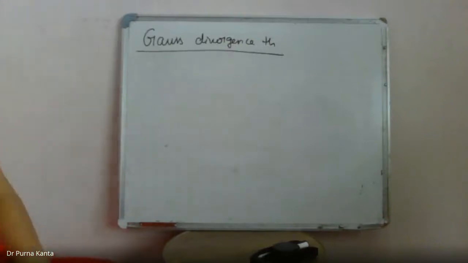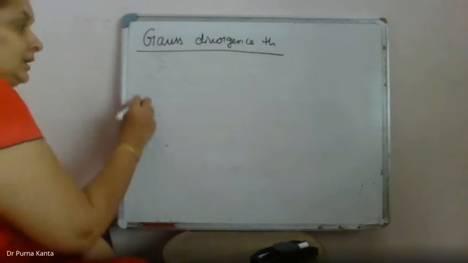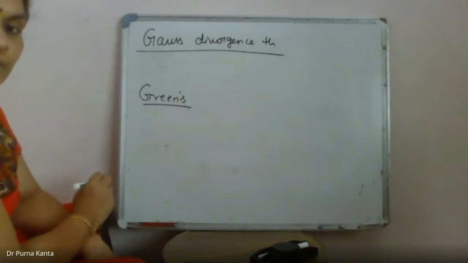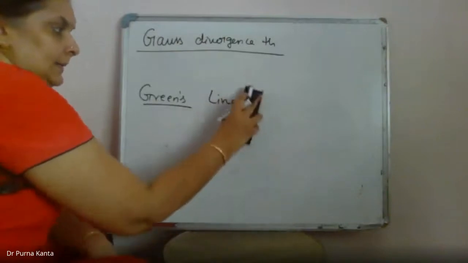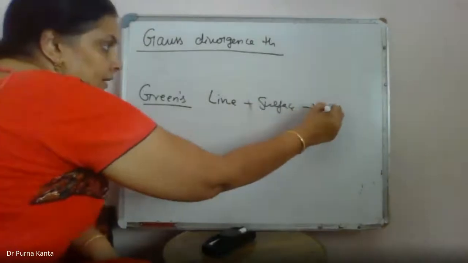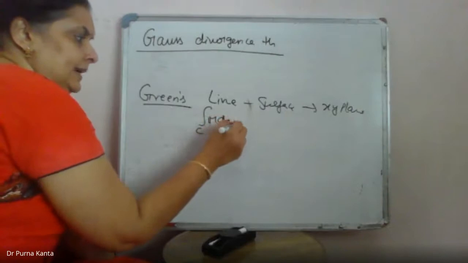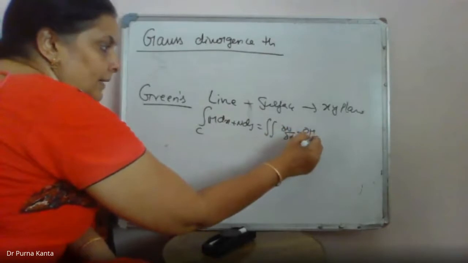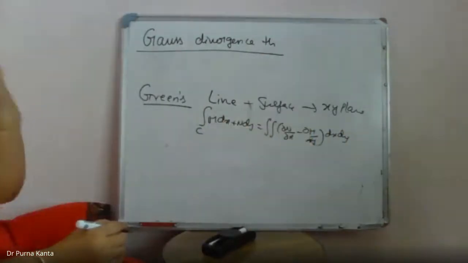Okay, I'll give you the statement directly, but before that, first we'll see what we have learned in the first two theorems. The first theorem we have seen is Green's theorem. In this Green's theorem, we learned the relation between line and surface integral. This gives the line and surface integral restricted to only the xy plane, which is taken as the integral of M dx plus N dy, equal to the double integral of dou N by dou x minus dou M by dou y dx dy. So this is the value we have taken in the case of line integral.